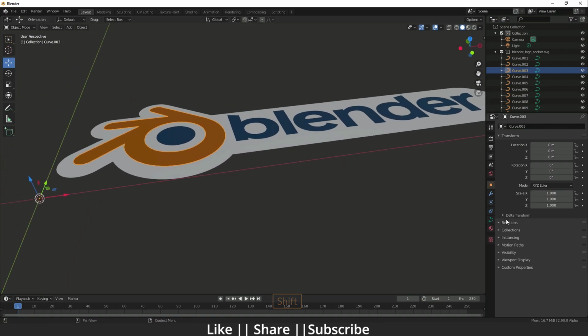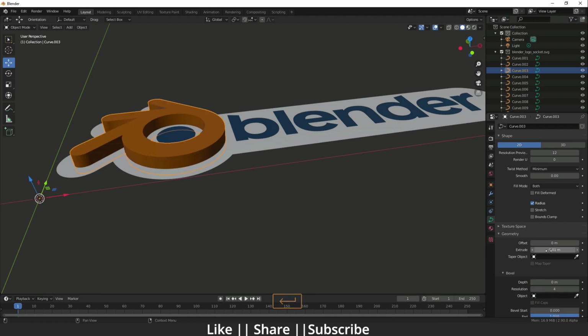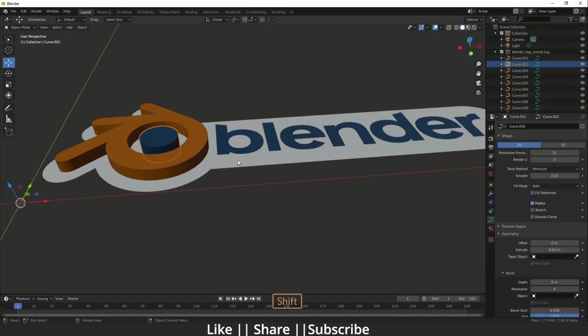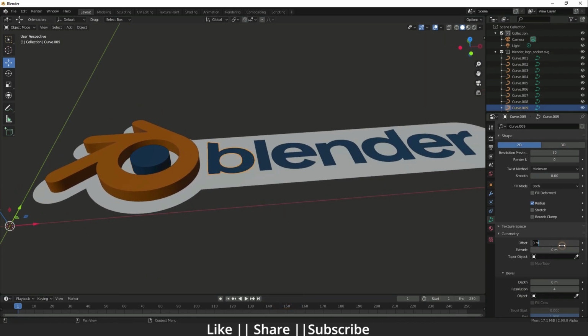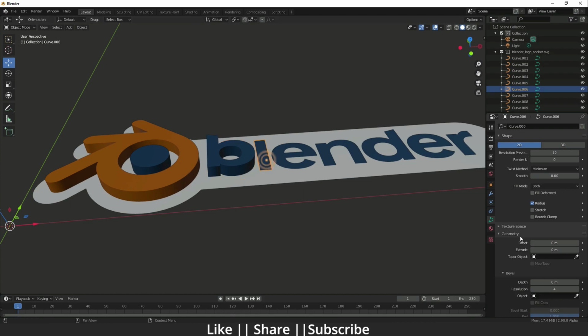Here in the geometry section, I'm going to extrude that. I'm setting 0.01, yeah, that is fine. And the same thing I'm doing with that, 0.01, and the same thing with the text also. I'm going very quickly.